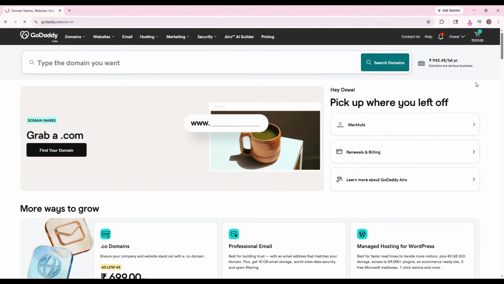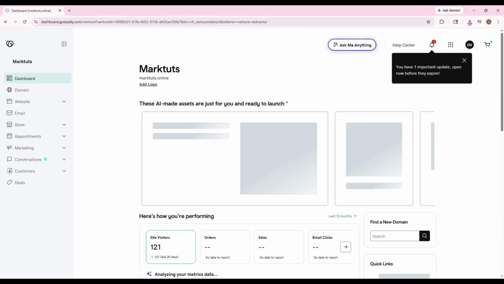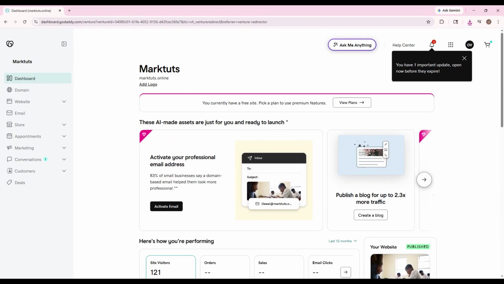If you want to set up an SSL certificate on GoDaddy, this video will walk you through the process step by step in a simple and beginner-friendly way. SSL is important because it helps secure your website, protect your visitors' data, and make your site look more trustworthy